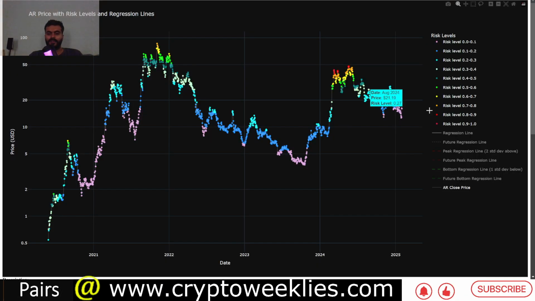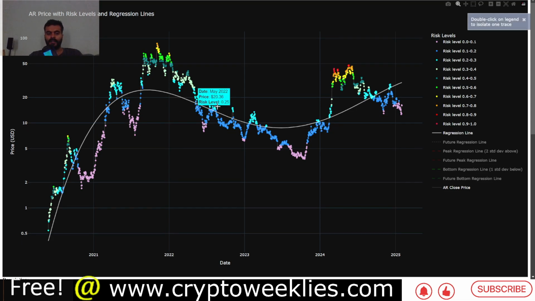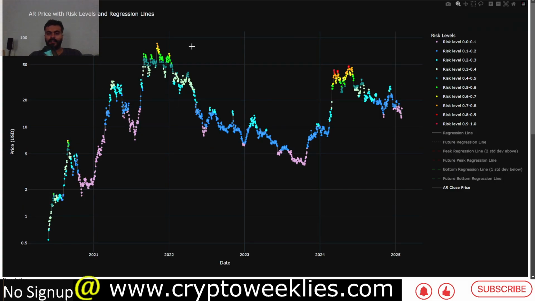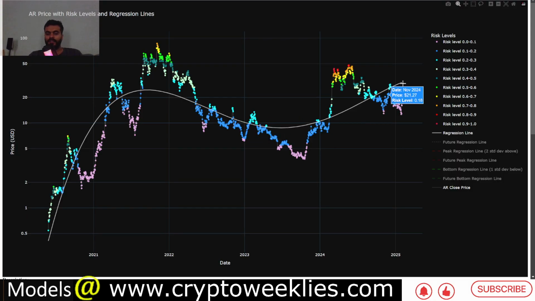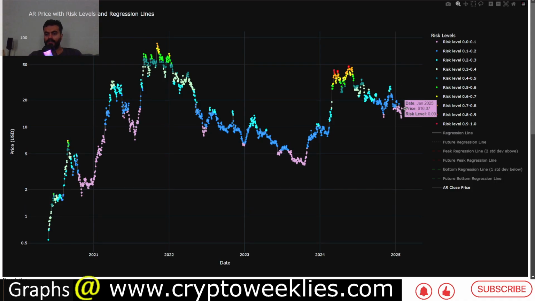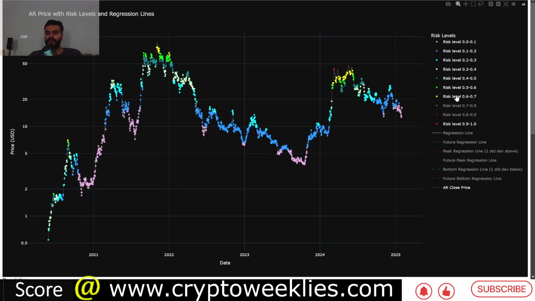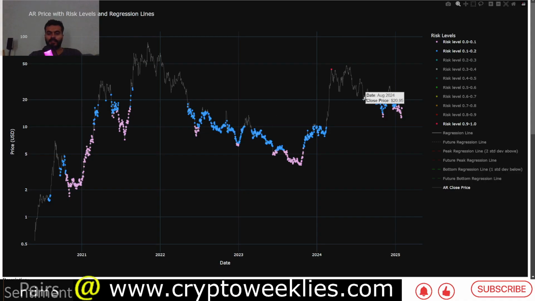The DCA model is based on the polynomial regression valuation, the pink line that we saw at a weekly level. This is applied at a daily level, and based on the proportional and time adjusted distance between this regression line, the risk levels are assigned between 0 and 1. Right now the risk is at around 9%. That means this is one of the best times to DCA. If you have the hypothesis of only DCAing whenever the risk is less than 20%, let's say, this model does a decent job at identifying those levels.